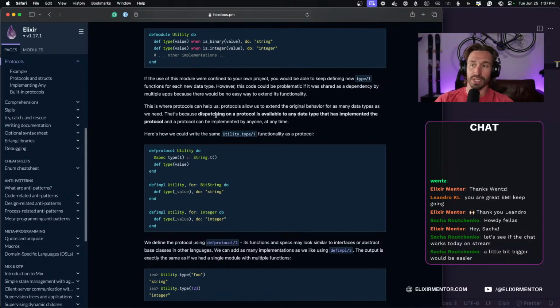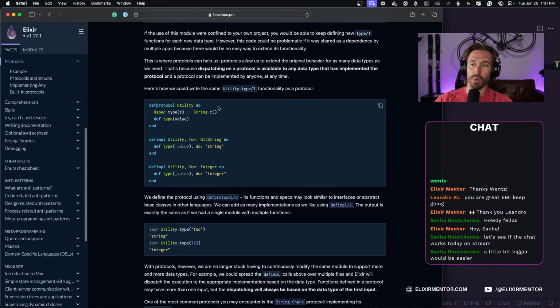Protocols allow us to extend the original behavior for as many data types as we need. That's because dispatching on a protocol is available to any data type that has implemented the protocol. And a protocol can be implemented by anyone at any time. Here's how we could write the same